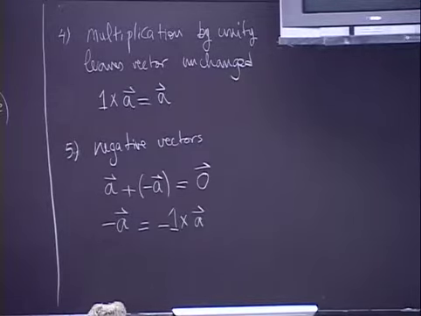Try to do the associative addition, holds or not. Try to see if the set is closed under the scalar multiplication. Try to see if you have a 0 or null vector or not, you have a negative vector or not, and so on. So you have to go through all the steps to check whether you have a vector space